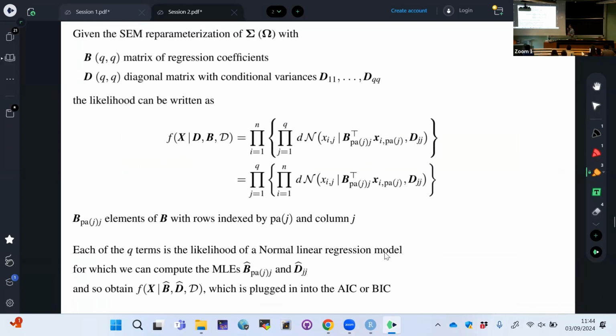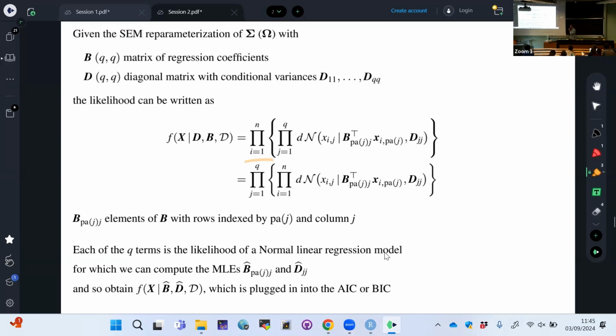And the reparameterization of our omega matrix through our two B and D matrices, okay, where B is our matrix of regression coefficients, while D is our diagonal matrix with the conditional variances. Okay, so we can write the sampling distribution under a Gaussian DAG model, okay, which will have a product j=1 to q. If we have IID data, then the likelihood function can be written as a product i=1 to n,